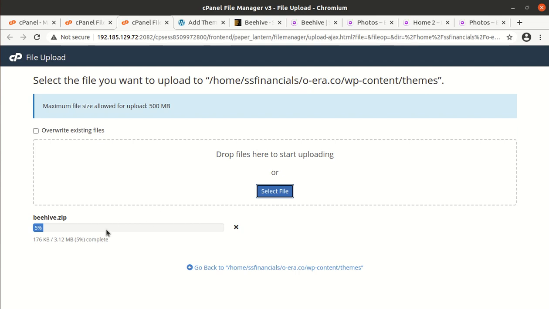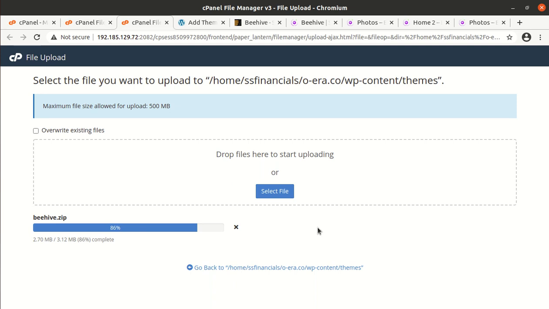Either you can upload from the WordPress interface, or you can upload directly on your server. And the theme size is very small. It is a lightweight theme, just 3.12 MB in size, so it will definitely work fast on the website as well. This is why the website is working very fast, and I have seen the code quality of this theme, and the code commenting is very good,